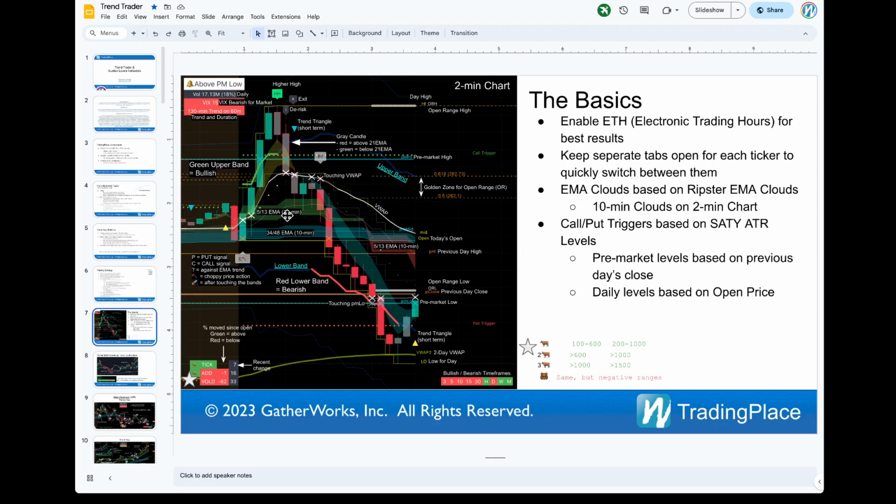So if you look at this 2-minute chart, the VWAP, that's the white line. When you cross it, we mark it because the VWAP is so important. So the EMA cloud, it's just this green thing here. Oh no, where's my EMA cloud here? It's hard to see on this one, but I'll show you on another one. So we have these upper bands and lower bands. I'm not going to go through all these details because you can look at it down here.